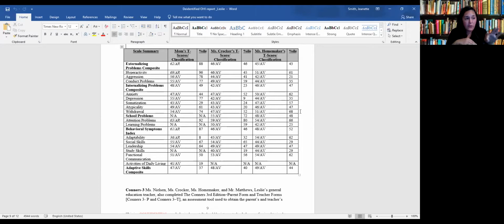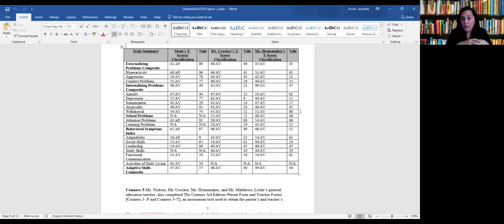And so I do have a key for you that's a little bit higher above, but for the sake of not moving this chart too much for you, I'll just tell you that the scores that are AR, you'll see them denoted as the number and then a slash and AR. Those are numbers that are at risk. It's in the description right above, but essentially that just tells you that these are problem behaviors for an individual. Everything that's AV is average. Some folks will spell out average so that you know this is not a concern for the individual, and they'll spell out things like at risk.